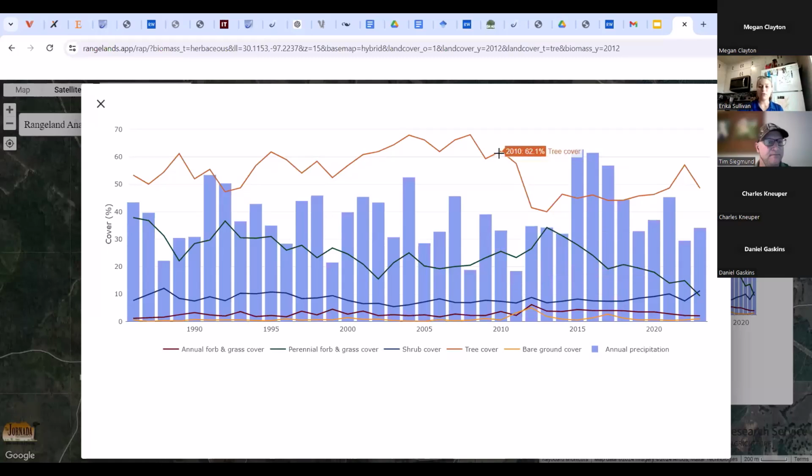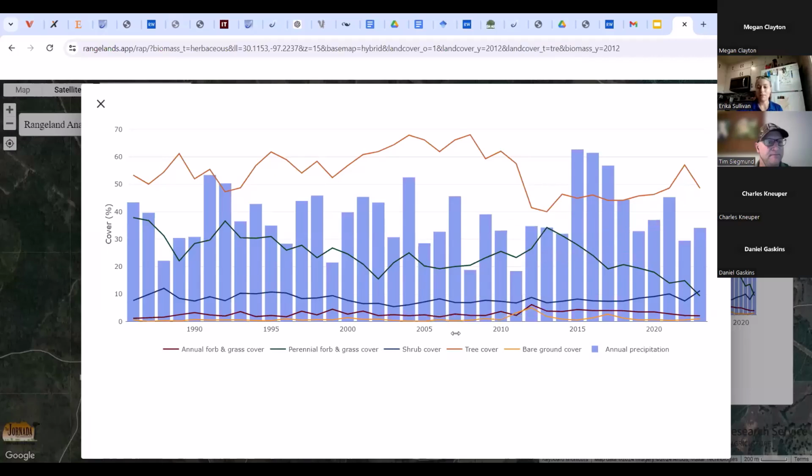And if we look at tree cover up here, which is the line outlined in orange, we can see that from 2010, 2011, 2012, this decreased dramatically. And so this is just something else that you can take a screenshot of, put this in presentations, hold on to it for yourself just to see the impacts